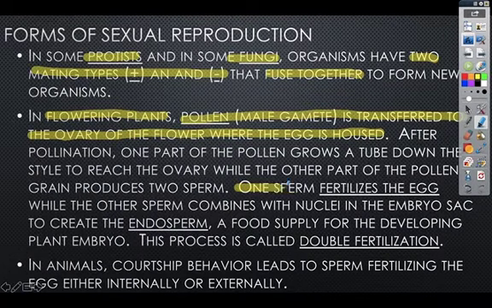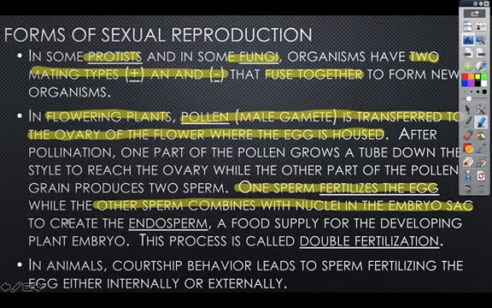So one sperm is going to fertilize the egg, and then the other sperm is going to combine with the nuclei in the embryo sac, and it creates the endosperm. Now, the endosperm is the food supply for the developing embryo, and this is what we call double fertilization,